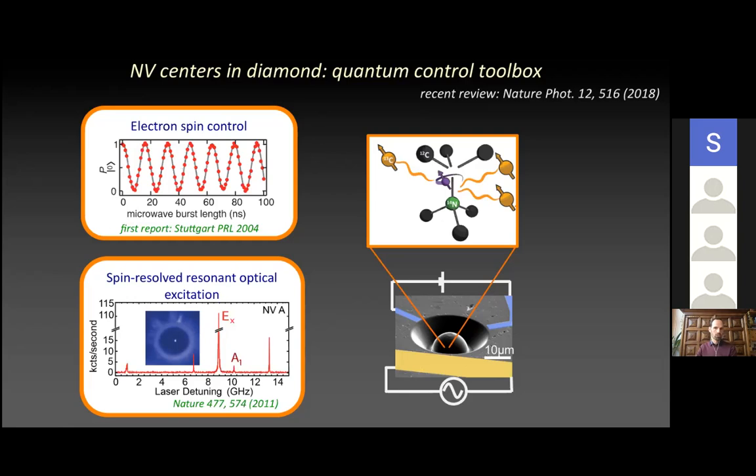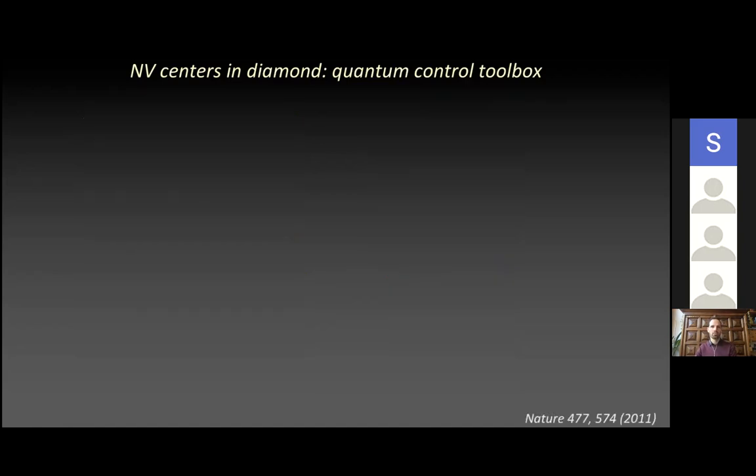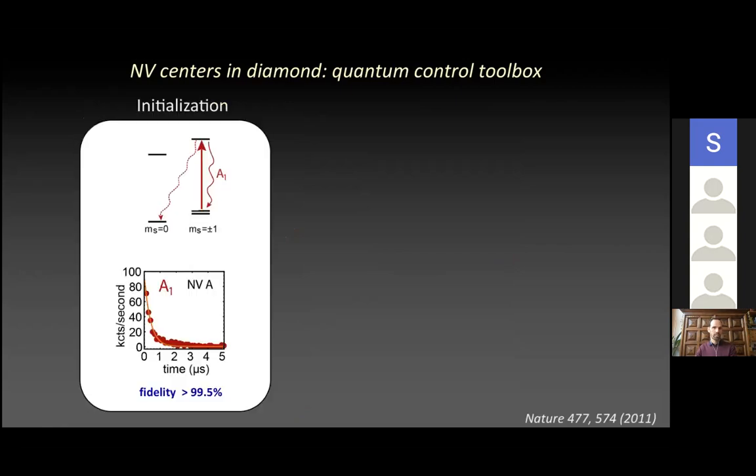So once you cool down to below about 10 Kelvin, and you start to sweep the laser across the optical transitions, you see these very sharp lines. So these sharp lines now indicate transitions to these individual excited states, and they are spin resolved. And so using that selective excitation, we can actually now do very efficient spin initialization and readout.